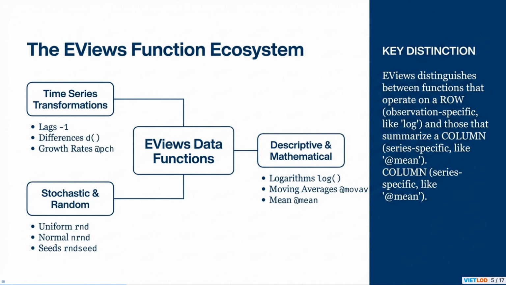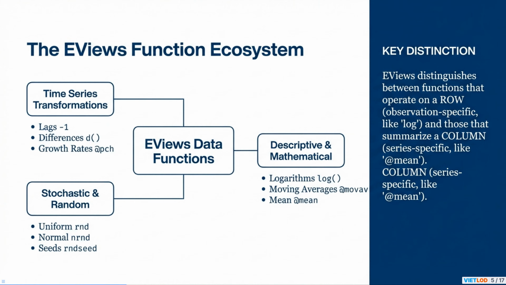EViews functions can be grouped into three main categories. First, time series transformations, which include lags, differences, and growth rates, are the backbone of dynamic modeling. Second, descriptive and mathematical functions, like logarithms and moving averages, help with scaling and smoothing data. Third, stochastic and random functions are used for simulations, such as Monte Carlo analysis, by generating random numbers from various